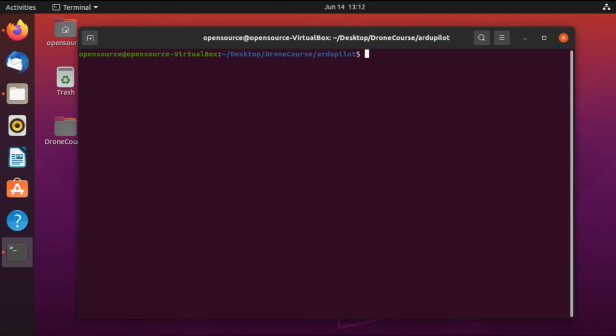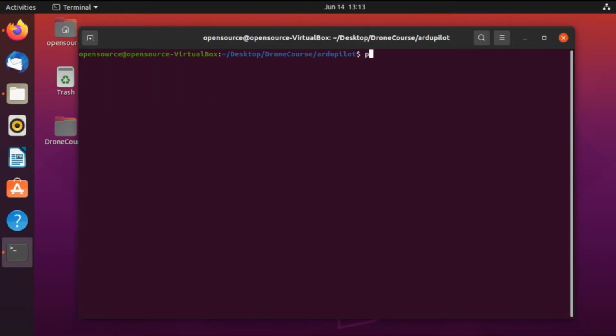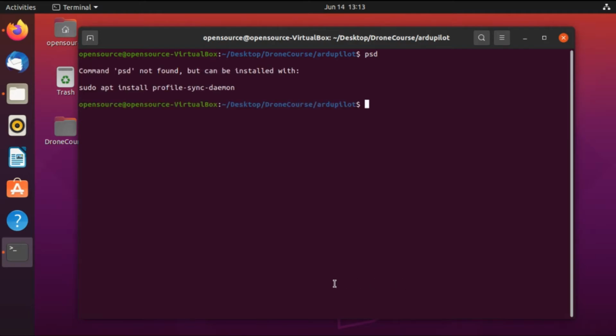So suppose when you enter python in the terminal, what do you think will happen? Your system checks its environment variable path and tries to find the Python executable file. If it finds it, then it will open. Otherwise it will show an error like command not found. And the same goes for everything.